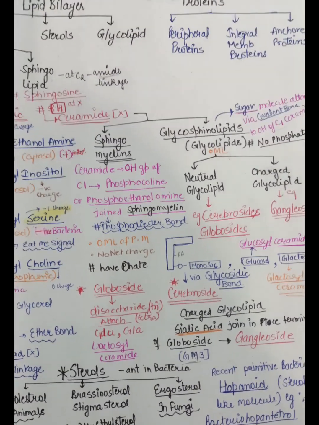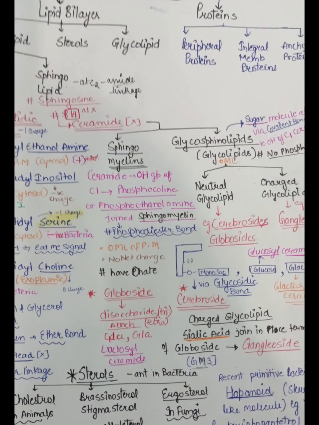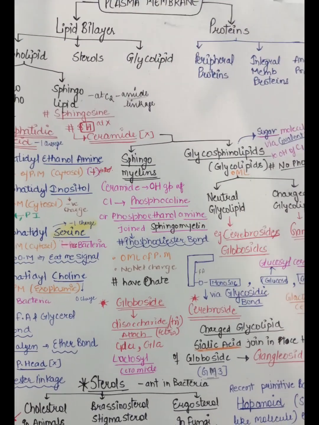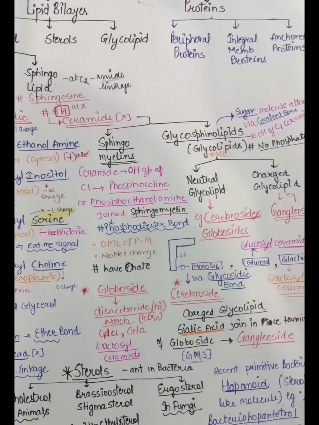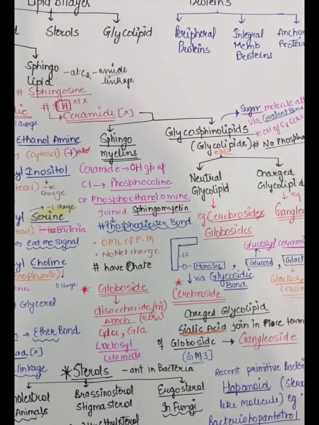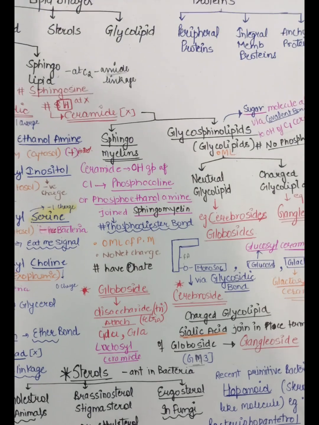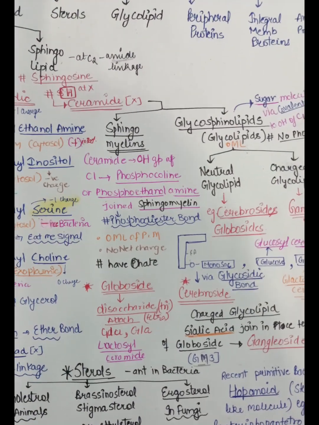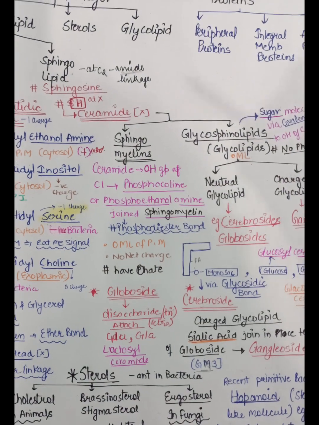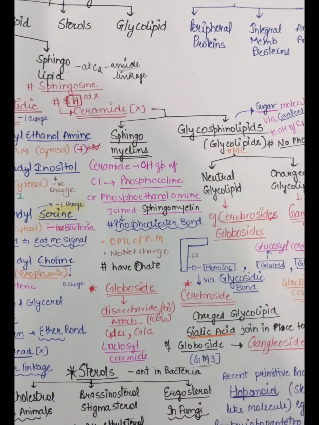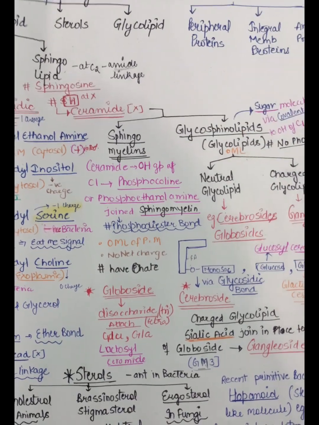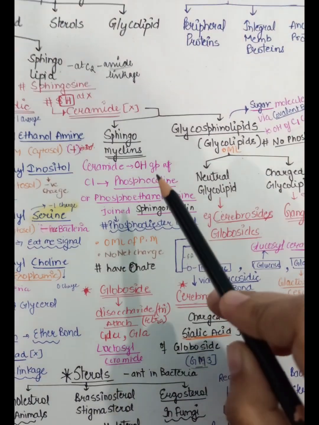Talking about sphingomyelin, if at the OH group on carbon 1 of ceramide we attach phosphocholine or phosphoethanolamine, joined by a phosphodiester bond, it becomes a sphingomyelin. And sphingomyelins are also present in the outer monolayer of the plasma membrane, and we know phosphatidylcholine is also present in the outer monolayer, and sphingomyelin has no net charge, and they have phosphate because phosphocholine and phosphoethanolamine are attached. So only sphingomyelins are the group of sphingolipid that